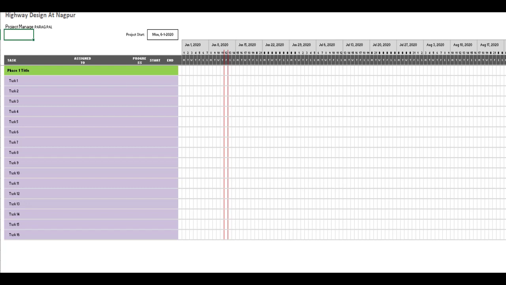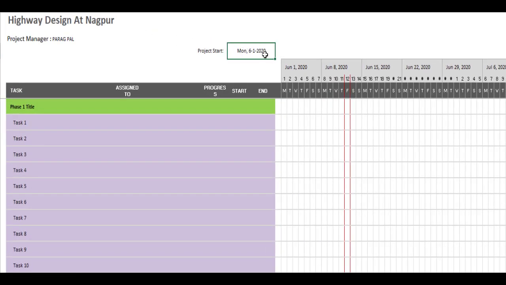I'm going to develop this particular Excel sheet to a certain extent so you can use it for your day-to-day planning activity. So first of all, you need to provide your project start date. Let's consider your project start date is approximately 6th June. So I have put the date over here as 6th June 2020. Okay, so this is one month, second one is the date, and third one is the year. You can change this also. Right-clicking on format cells, you can change it.